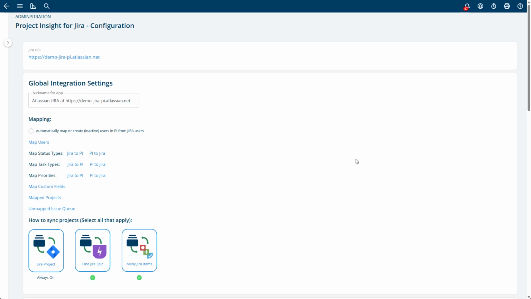In this video, I'm going to show you how to map statuses, task types, priorities, and custom fields from Jira to PI and PI to Jira. What you'll do is go to the configuration page of your Project Insight for Jira add-on, and you'll note in their mapping here, there's mapping users. We're not going to go over that, but we have map status types, Jira to PI, and then PI to